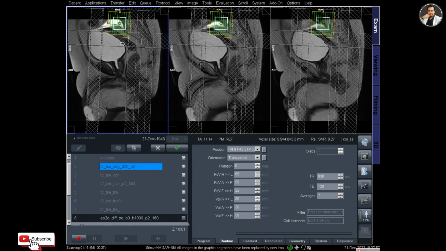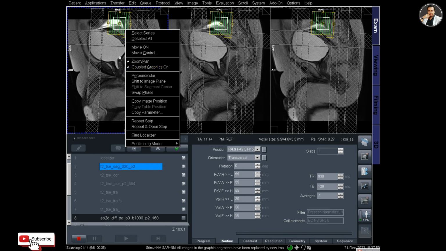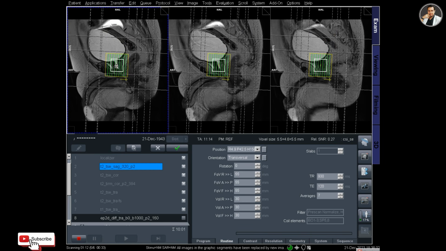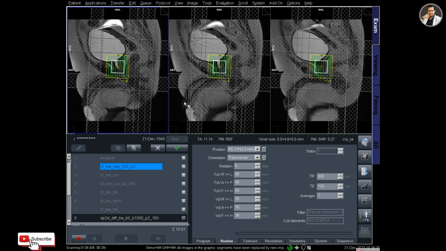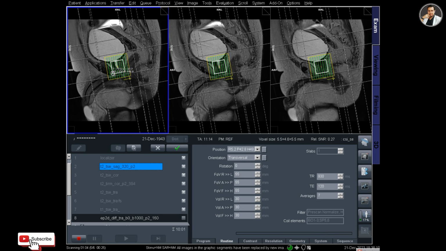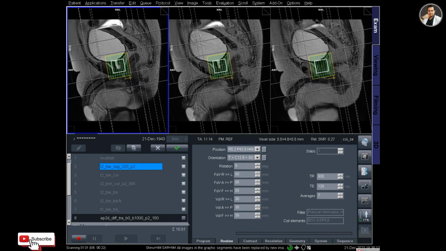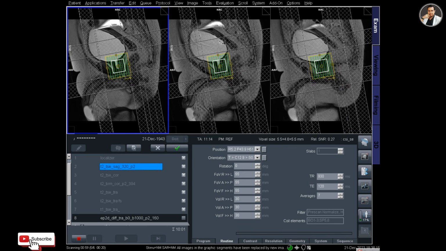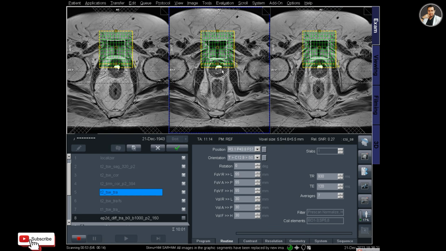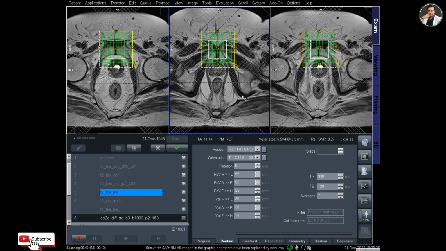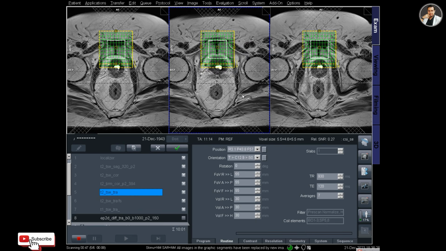And again I am checking on the sagittal image. The sagittal image shows the boxes were in an upper position, so I drag the field of view over the prostate, and again I am checking the axial one, that the box is removed from the prostate.